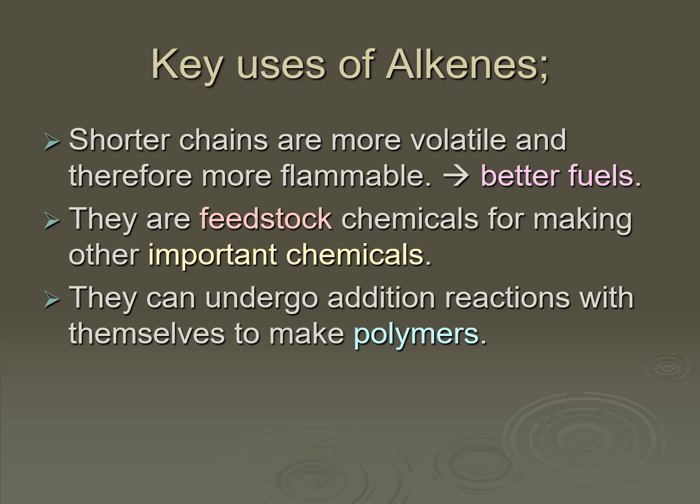But the key things, just on the qualitative, without understanding how they work, is that first off, alkenes make better fuels. Secondly, because they can do these chemical reactions, we use them as what are called feedstocks. And a feedstock is a chemical that I put into a process to make something else, to make other important chemicals. Industrial ethanol, and that's then used to make loads of other stuff, just as a small example.